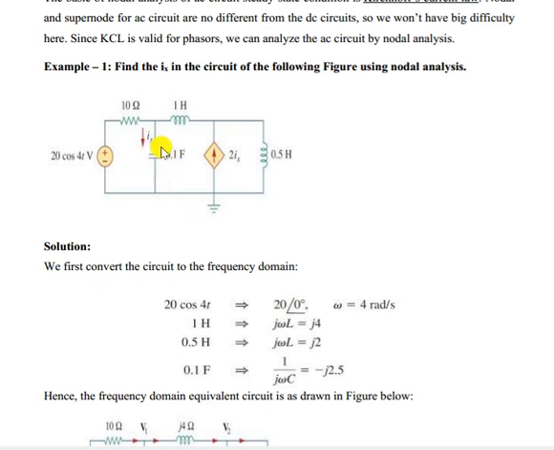And we have one capacitor. For the capacitor, what is the value? That is 1 by j omega C. So what can we write? Here you can multiply j in the numerator, and in the denominator again j, so at the denominator we have j square, which is equal to minus 1. So minus j of 2.5. That means when we get a minus j term, it is a capacitor. When it is j and some value, that denotes an inductor.